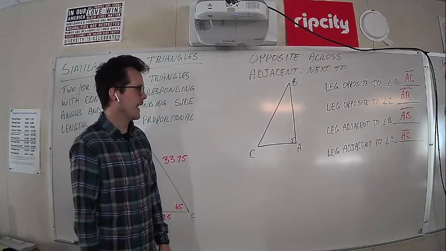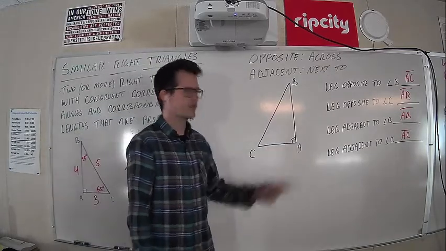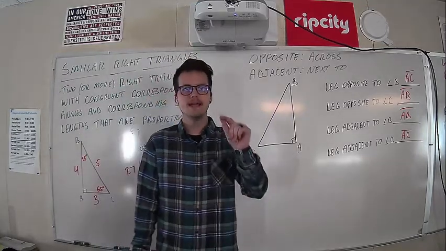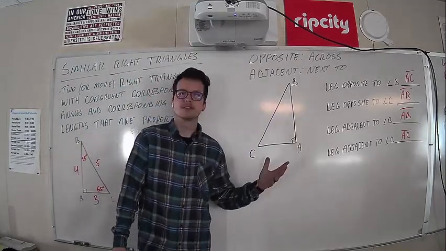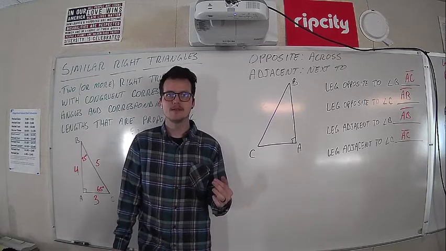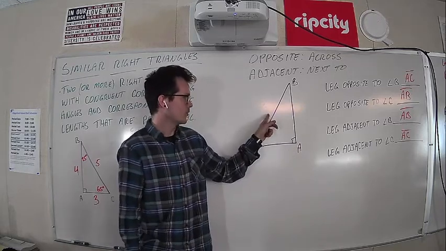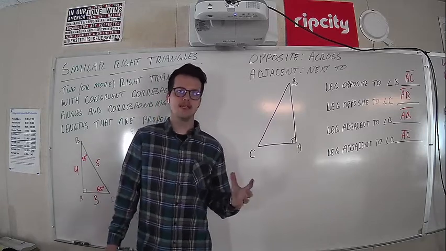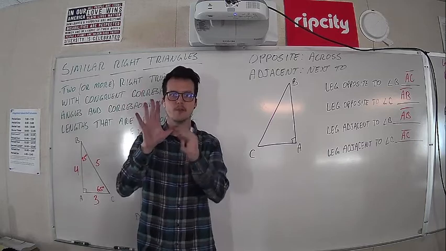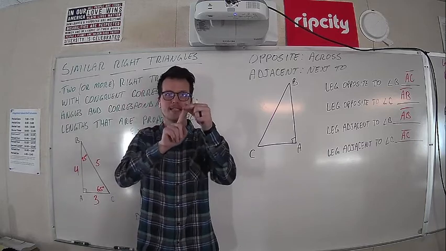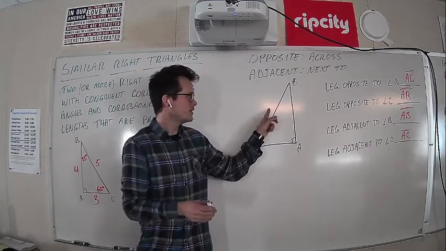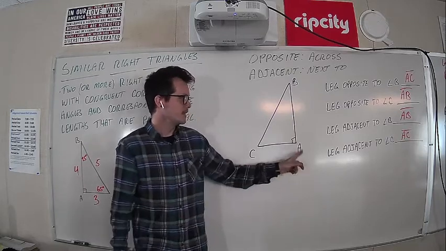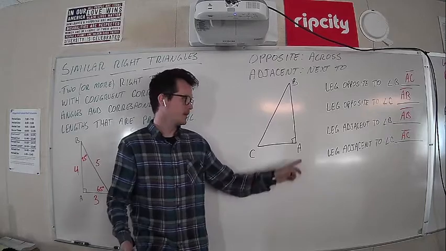Notice how I didn't ask what is the leg opposite or adjacent to angle A. Two reasons for this. Let's just explore this. If I ask for the leg that's opposite of angle A, we would go to A, we'd go straight across. You might say, oh, it's BC. Well, that's just not the case because BC is not a leg. It's kind of like how you have five fingers but one's a thumb. I can't call this finger a thumb because it's not a thumb. In the same way, this here is not a leg, it's a hypotenuse. So there is no such thing as a leg that's opposite to angle A in this case, or any time